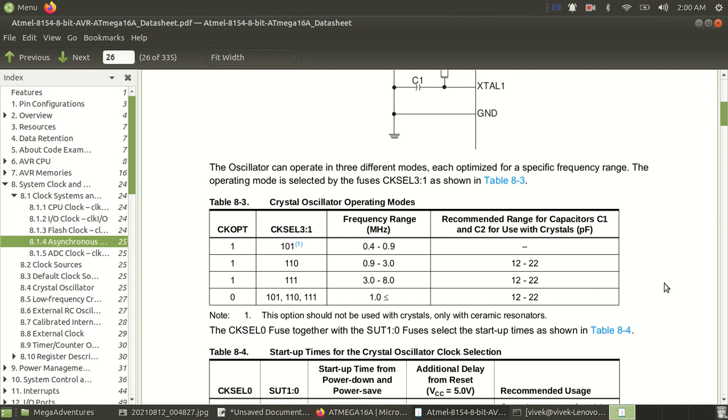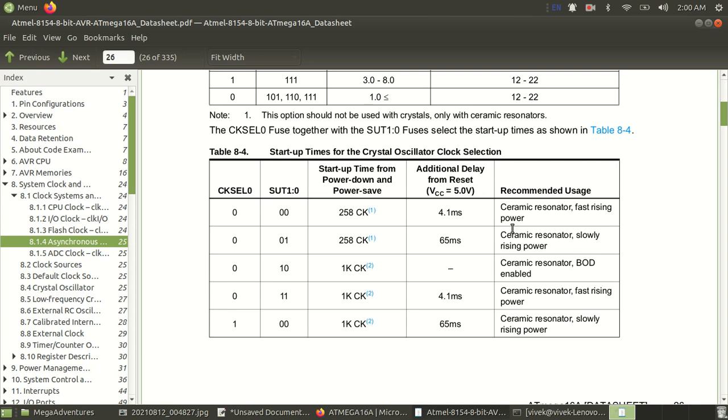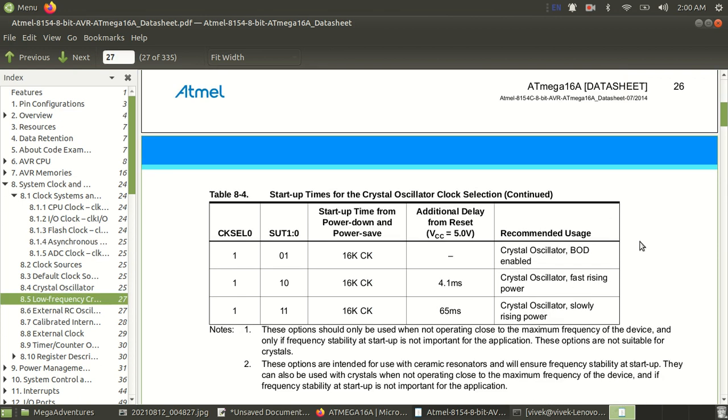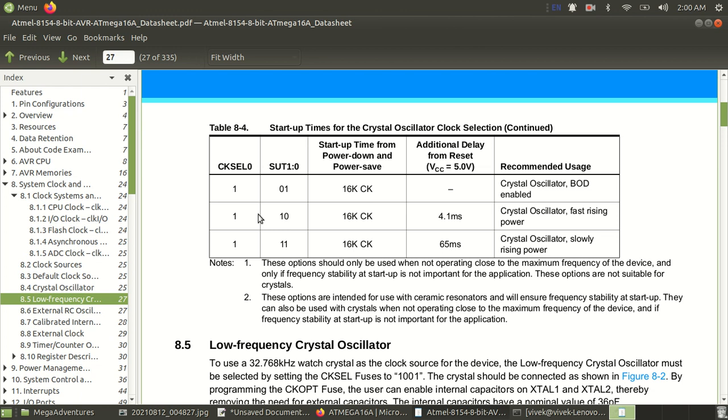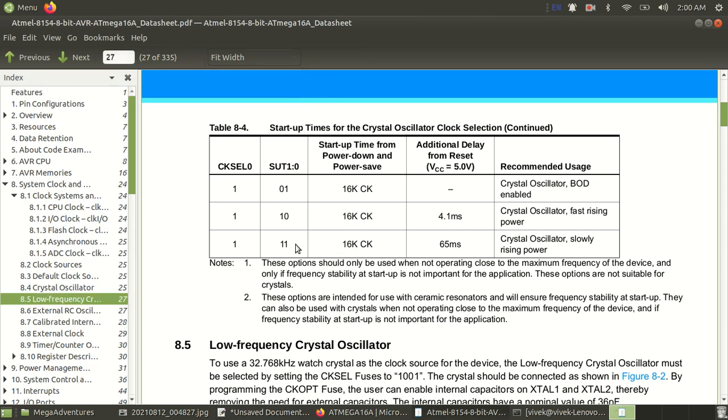Okay, then we look at the SUT bit startup time. This table over here is for ceramic resonators. We are not using a ceramic resonator. We are going to be using a crystal. So this table is for crystal. So if you make CKSEL 0 bit as 1, which we have already done, see, CKSEL 3 down to 0, the 0th bit is 1. So if CKSEL 0th bit is 1